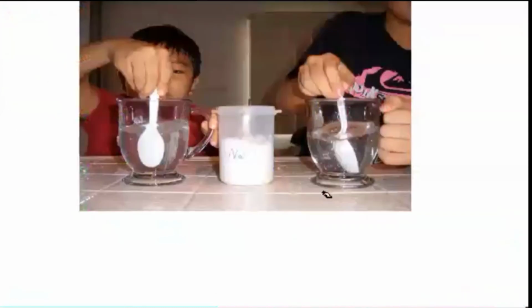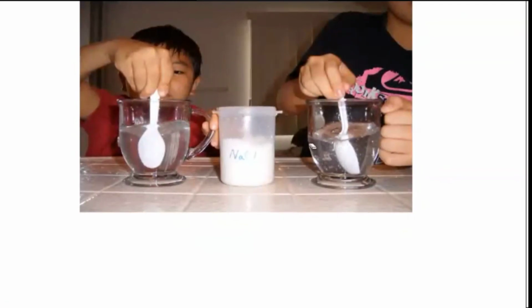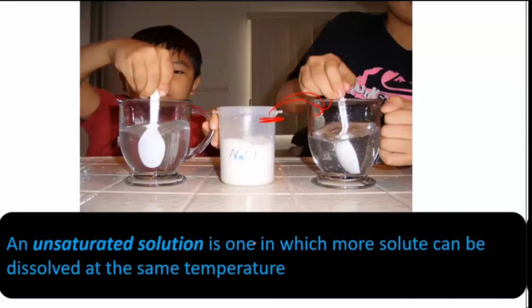Now we'll move on with the next one. If you take water and add the salt, the solute, to it, and the solute gets dissolved, you stir and see if it gets dissolved. Then you take one more spoon and add it, and again it gets dissolved. That means as you are adding the solute, it is getting dissolved. Such a type of solution is called an unsaturated solution. At a given temperature, remember, at the same temperature you are doing this. You are not increasing the temperature.